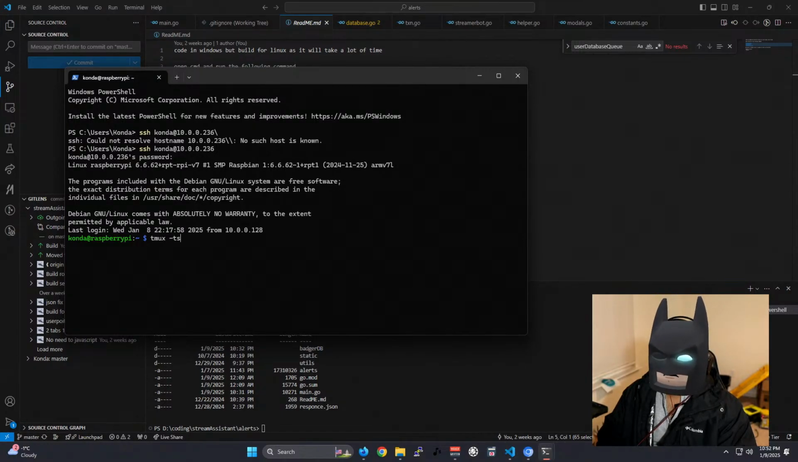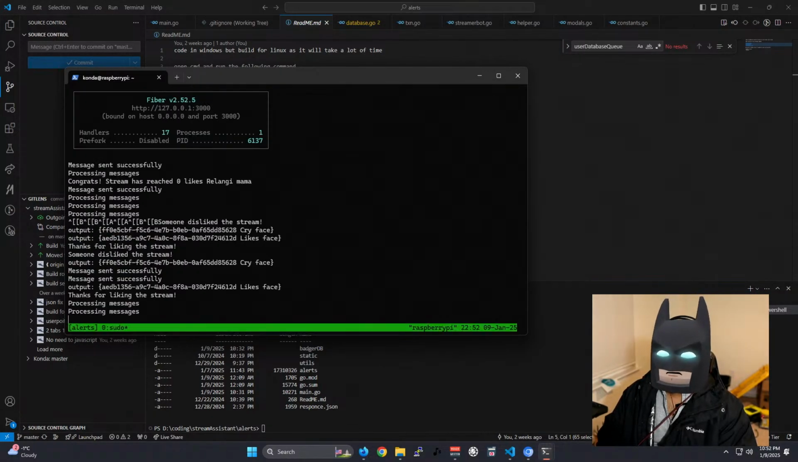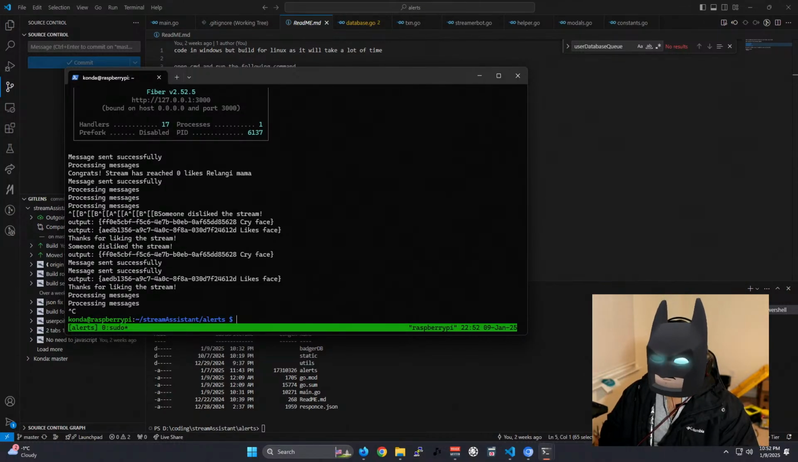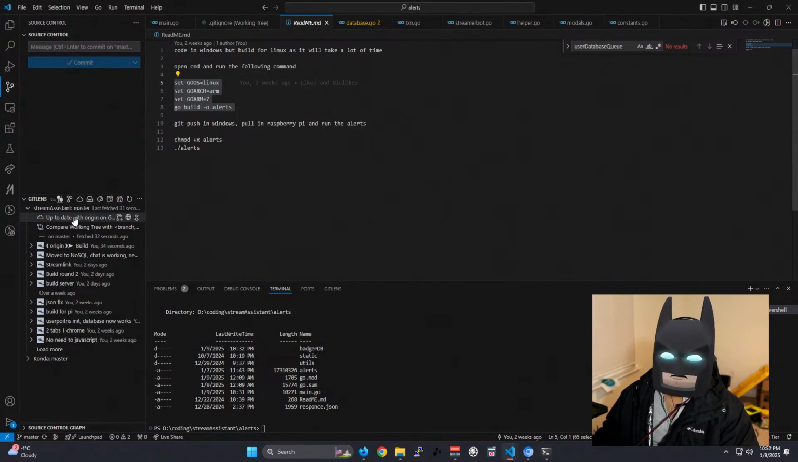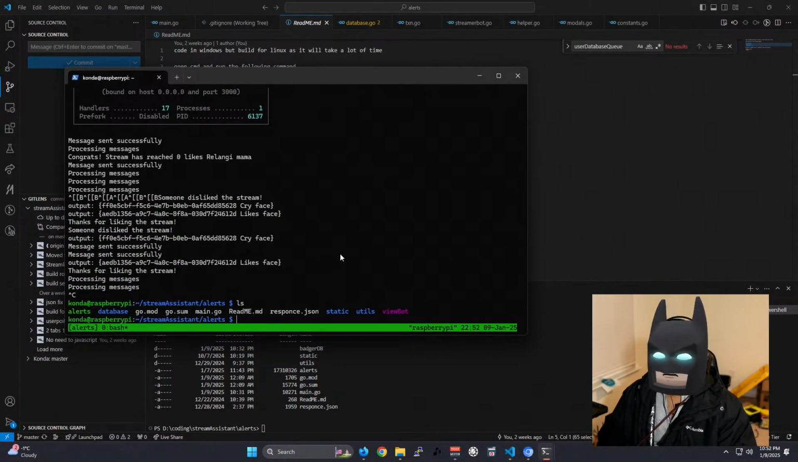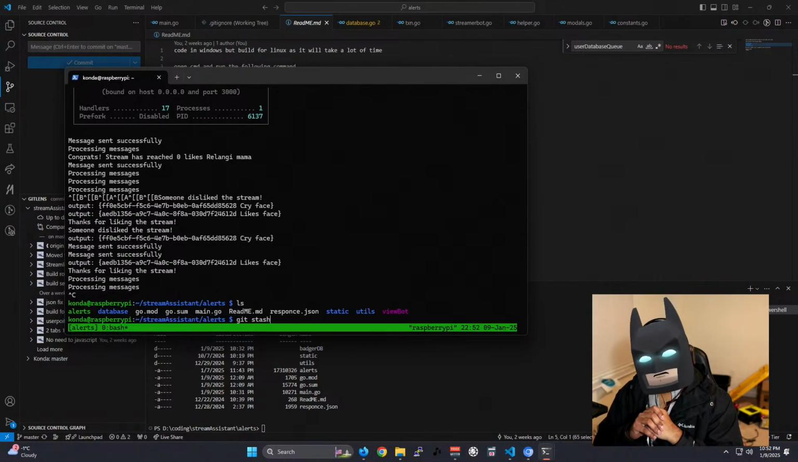I use Tmux. Are you into Linux, by the way? Tmux list, I think it's alerts. Yep. Tmux attach -t alerts. Yep, this is the one. ls. Now I'm going to. Yep, it pushed. Git stash. Oh, I can understand why you. Yeah,